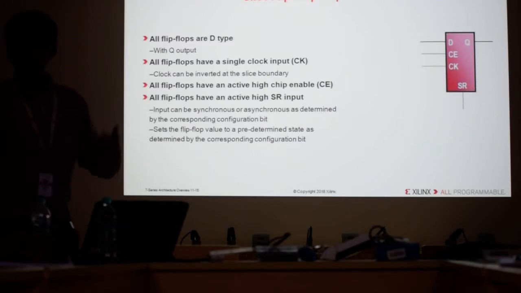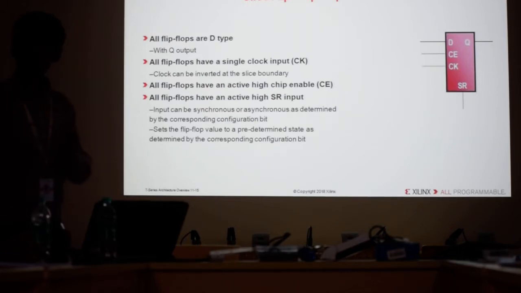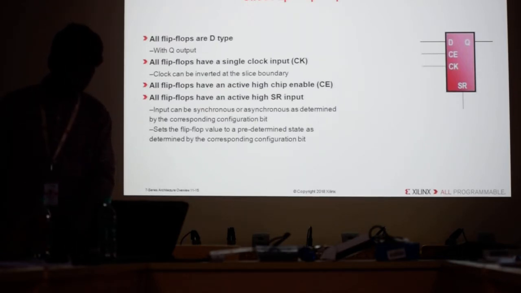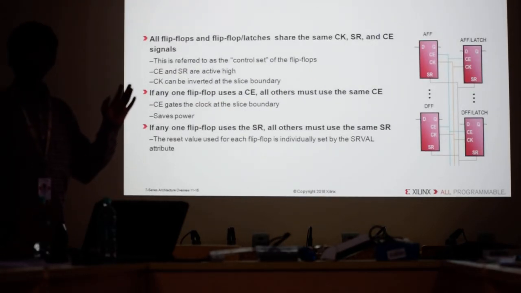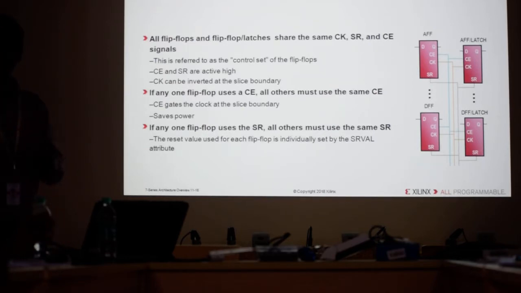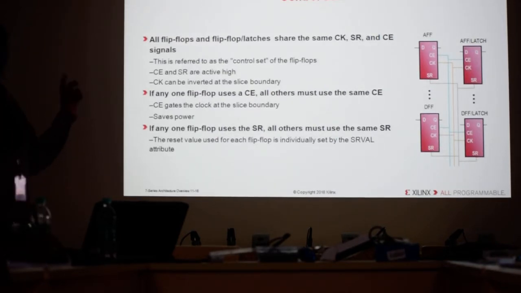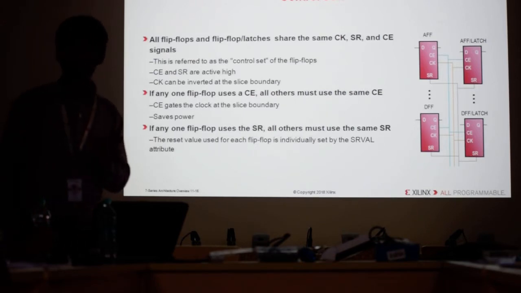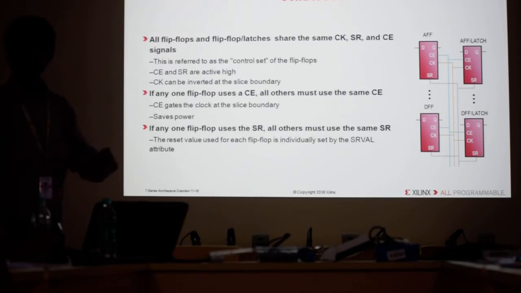There are also chip enable, control sets, and resets added. If you disable them, no problem, that is not the main thing. So D flip-flop, simple operations. I told you about control sets, because all four are connected. Why? It's all in a single slice. Set and reset are control signals which are connected. Chip enable, clock enable, all these things, all four are in a single slice only, and that slice is inside a CLB. So it's all connected.